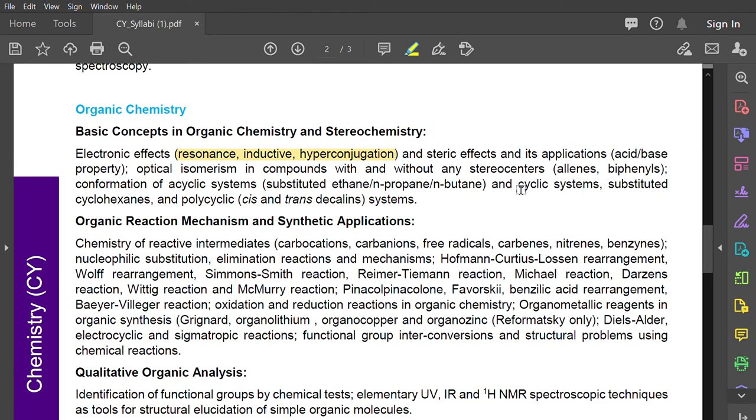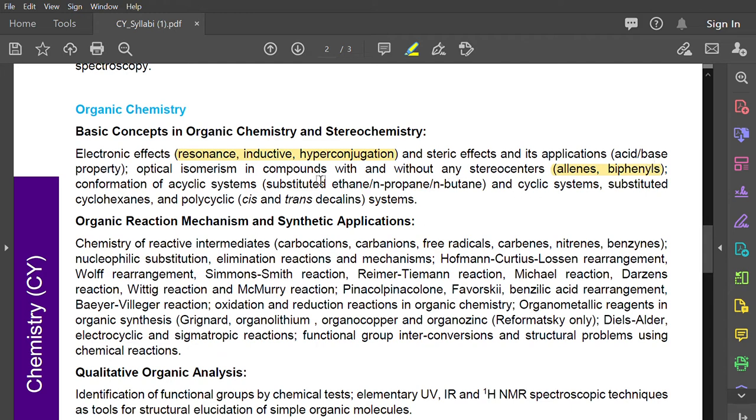Apart from that, obviously, allenes and biphenyls, okay, which is axial chirality. So there can be a question using these systems, and they can ask you which are optically active. There might be a question in combination of, say, phosphine, and there will be a biphenyl, there will be an allene, and they can give you a simple nitrogen system, and using that they will see which of these compounds is optically active or inactive. This type can be asked.